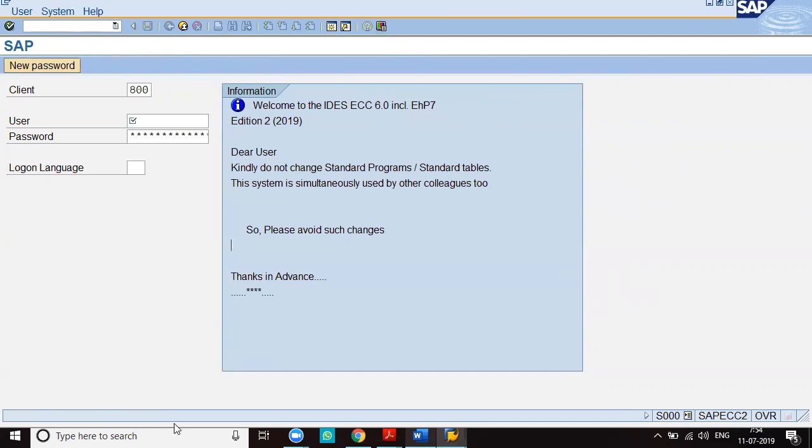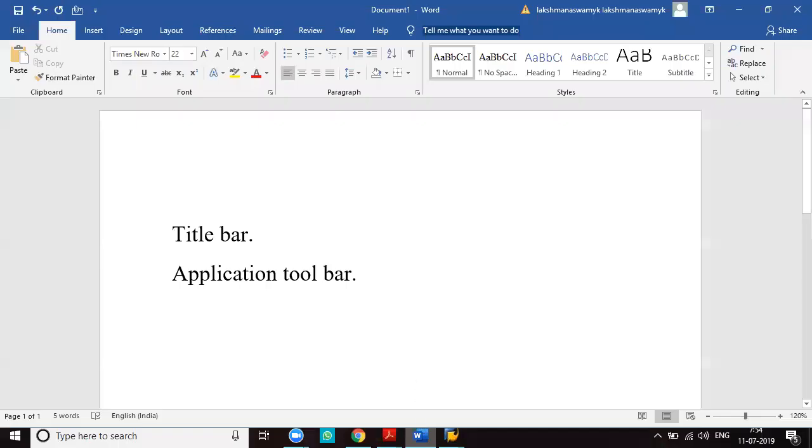Next, the bottom line. The bottom line is called status bar.